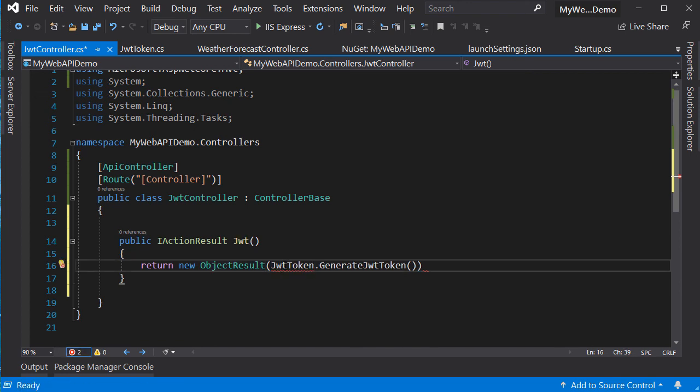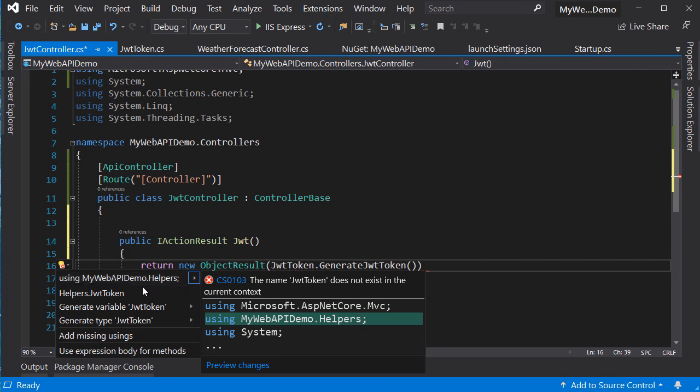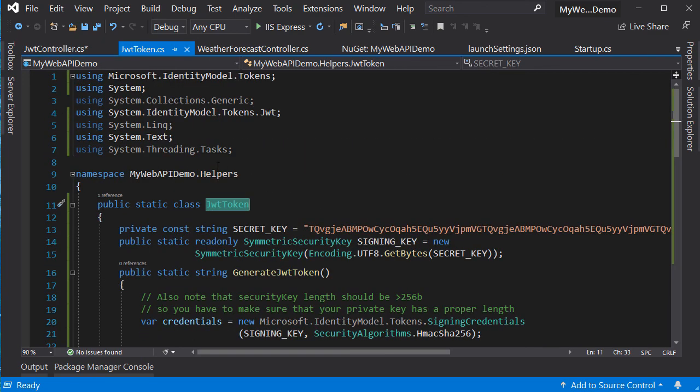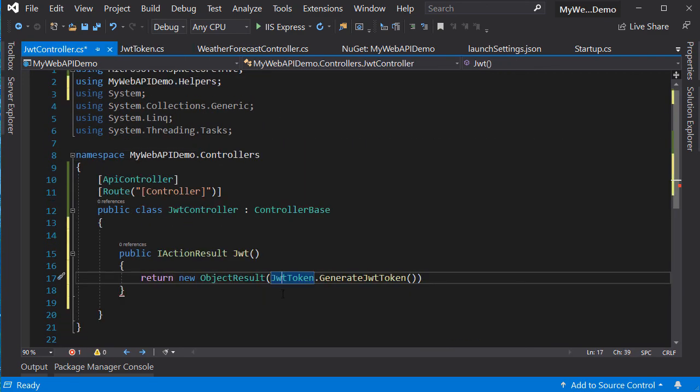Okay, and we'll add the using statement because it's inside of the helpers namespace. There's the helpers namespace. So with that thing in place,